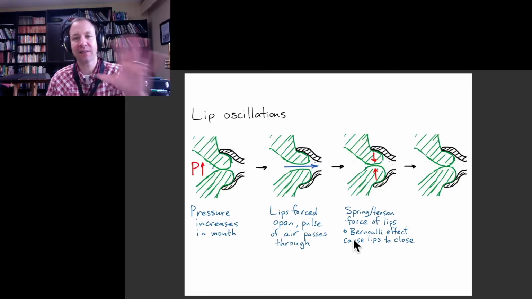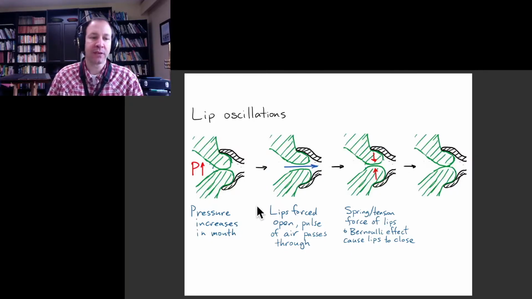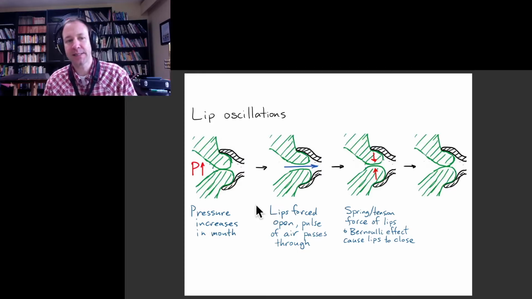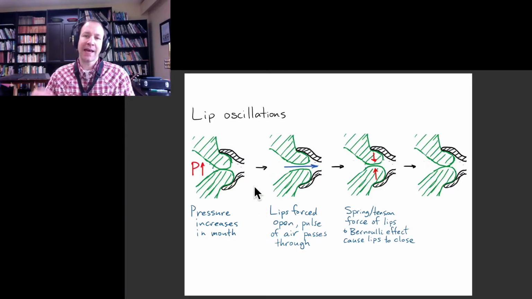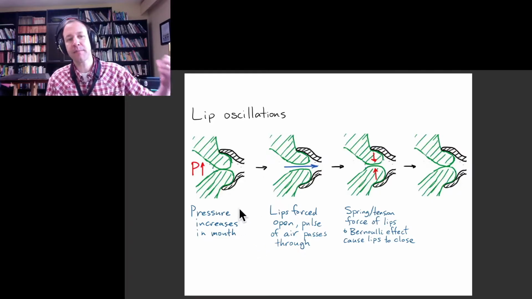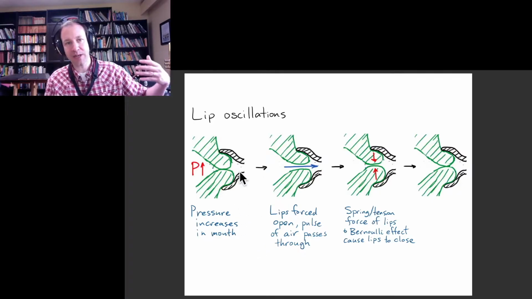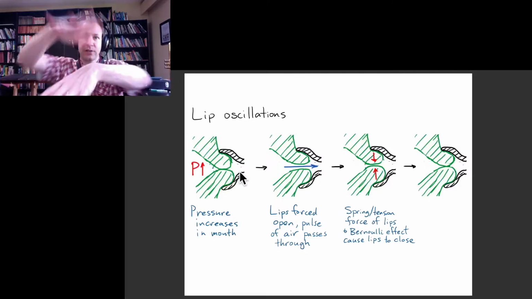You can get lots of different frequencies when you're buzzing your lips. So the idea in all of these cases is that your lips are originally together, and in order to start that oscillation, you just increase the pressure in your mouth. So the pressure increases in your mouth until some point when the force from that pressure is enough to force